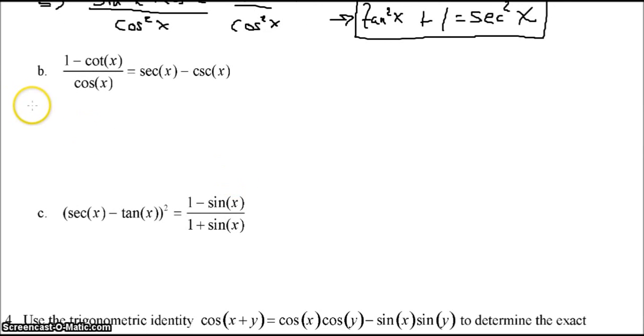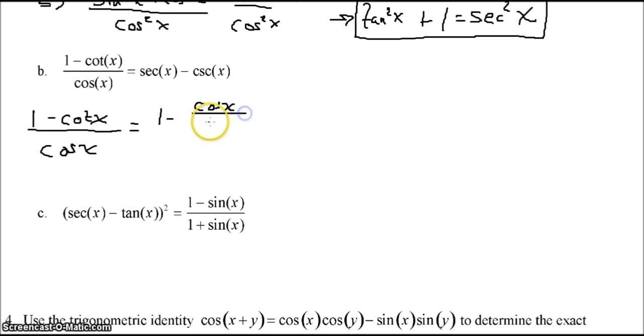Let's see, part B, 1 minus cotangent of x over cosine of x equals secant of x minus cosecant of x. To prove this, I can start with one of the sides and just show that it equals the other side by using some facts that we know. So this I know is equal to 1 minus cotangent, that's cosine over sine. If tangent is sine over cosine, the cotangent, which is the reciprocal, is just cosine over sine over cosine. Now I'm going to get